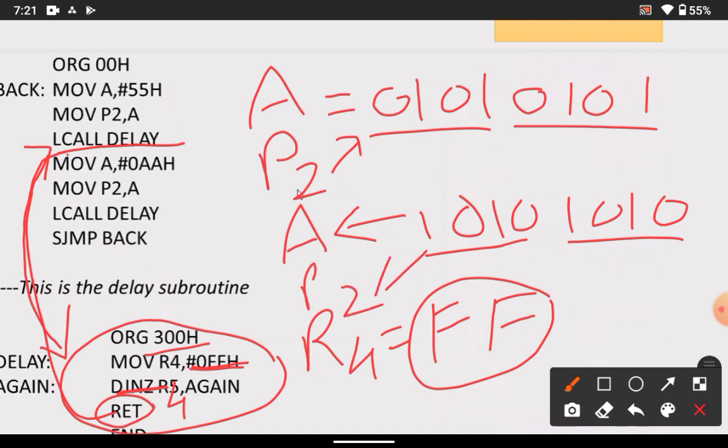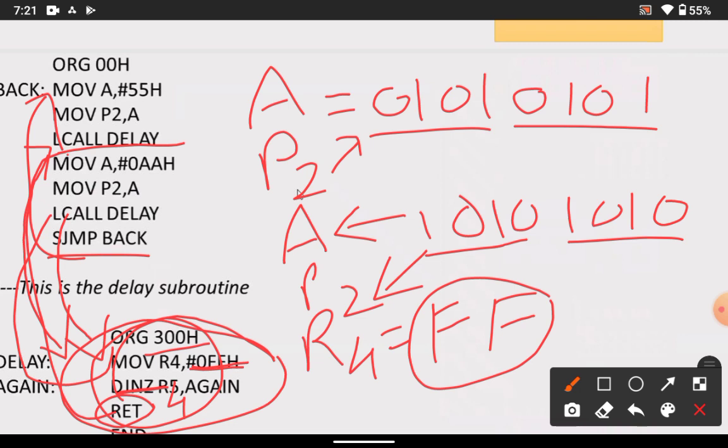Then again LCALL DELAY, creating a delay again. After the delay is complete, it will go back to the return position, and this process will continue again and again.